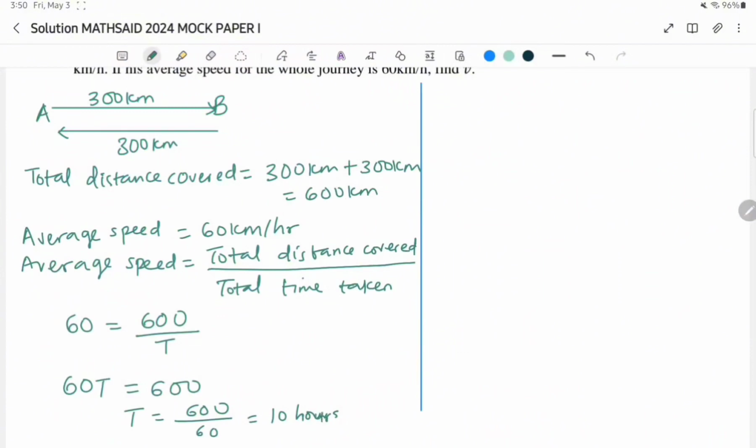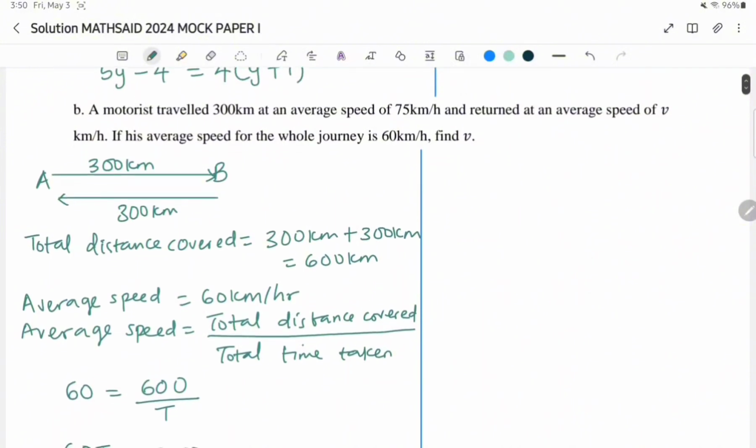But that's not what the question asked us. We are asked to find the value of v, that is the average speed of his return journey. But it is quite simple to find that. If we can calculate the time taken for the first part of the journey, I mean when he was moving from the point where he left to his destination, we can find the time taken when he's returning. So for the first part, we are told that the distance is 300 kilometers and the speed